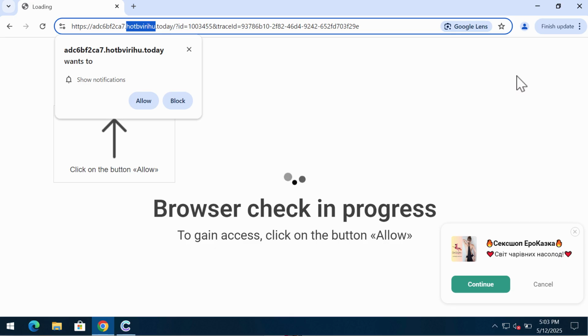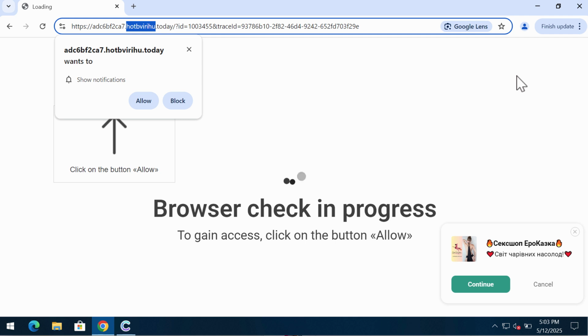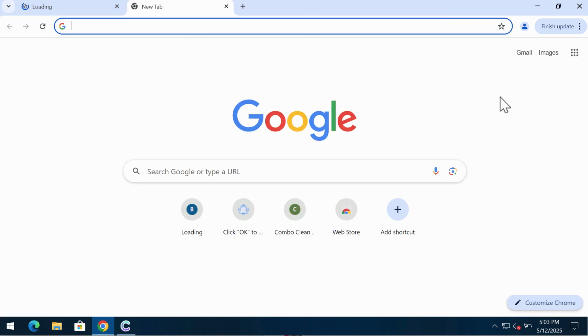This video will help you to remove pop-ups related to the site Hotbvirihu.today. It's a dangerous site attacking Google Chrome and other browsers. It tries to make you click on Allow button supposedly to help you continue your browsing. The reality is that to click on Allow is certainly a mistake, and this will hijack the browser with many